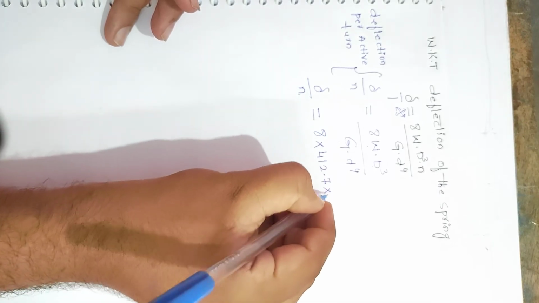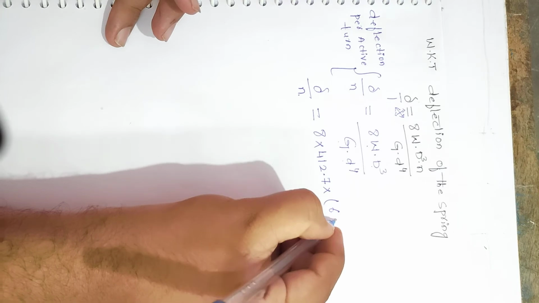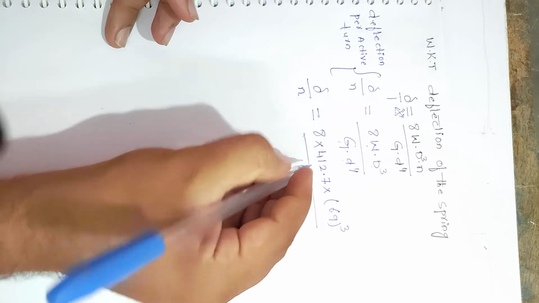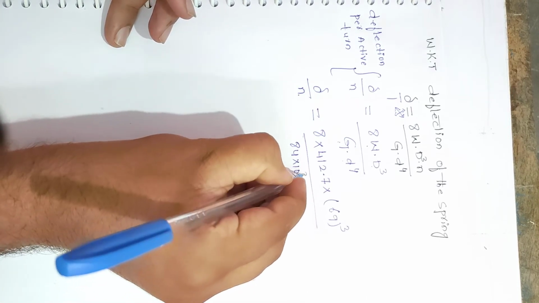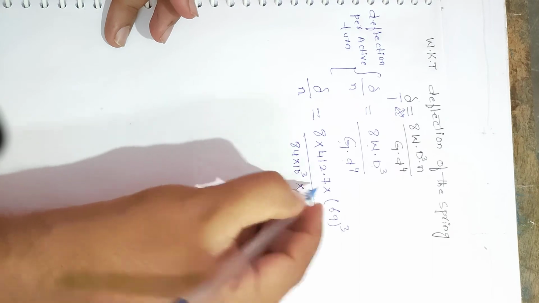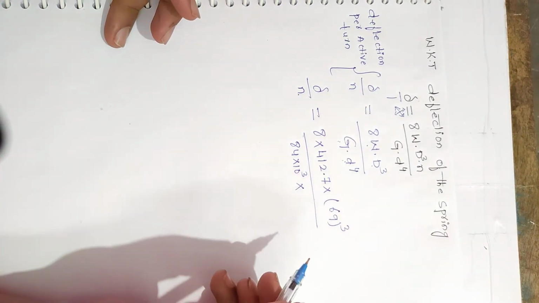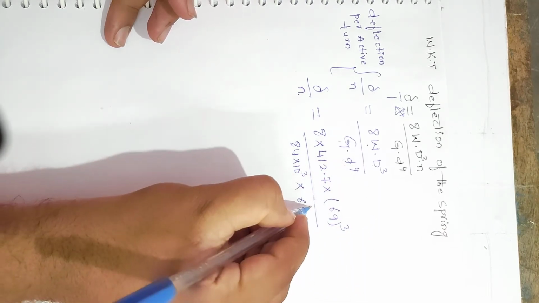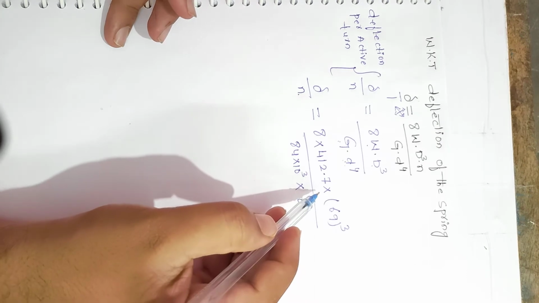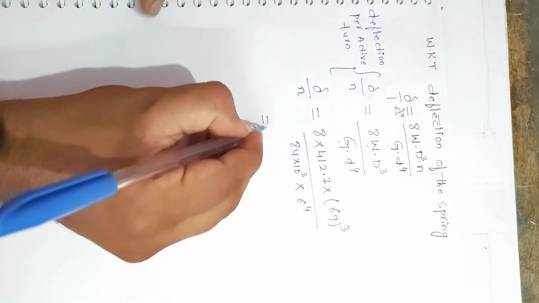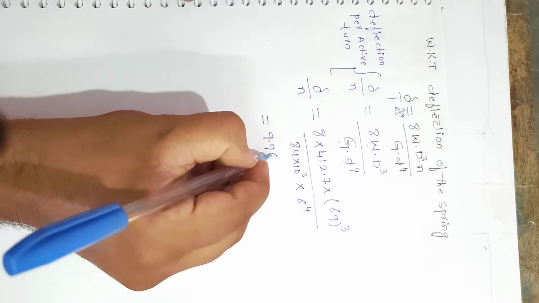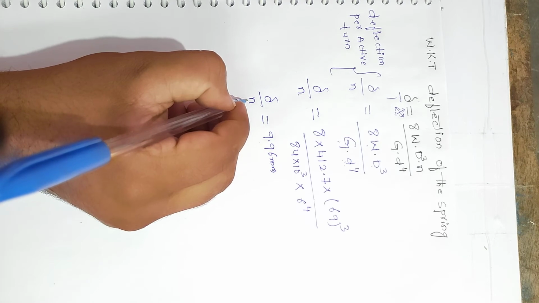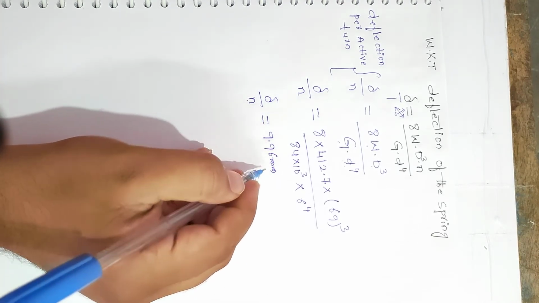412.7 Newton into capital D value, how much is there? 69 whole cube by modulus of rigidity, how much you got here? 84 into 10 power of 3 Newton per mm square, and small d value, how much we got here? 6. Small d is nothing but the diameter of the wire, 6 power of 4. If you calculate with the help of calci, then you will get the answer 9.96 mm. So that is the value of delta by n. Delta by n is nothing but deflection per active turn, equal to 9.96 mm.